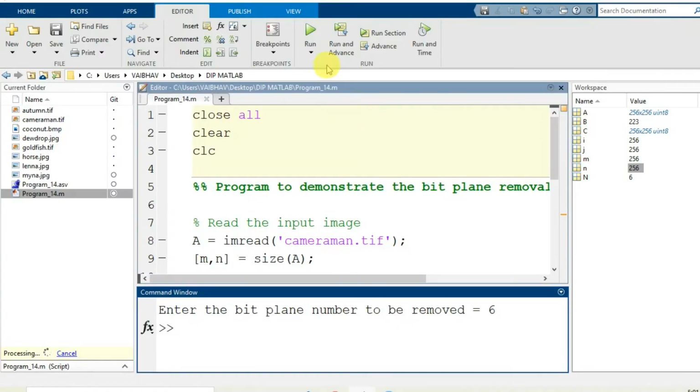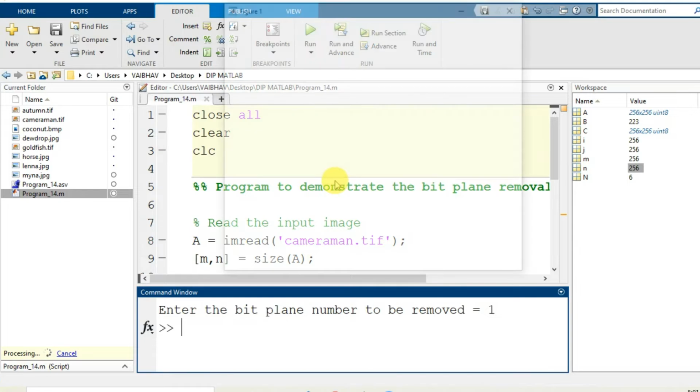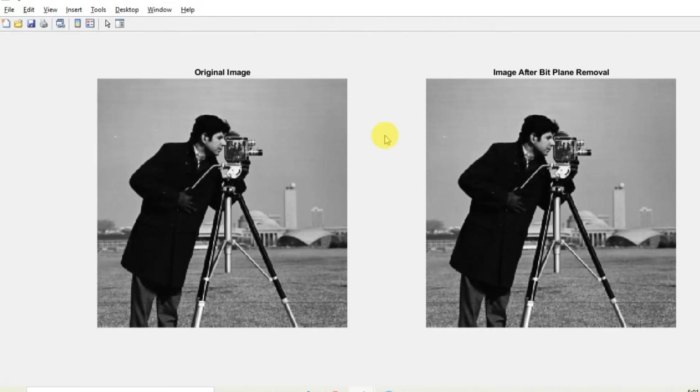If I put the number 1 and hit enter, so the least significant bit plane is removed, I think I can say more than 90% of the information will be there in the other bit planes that we allow in the visualization of the output image.